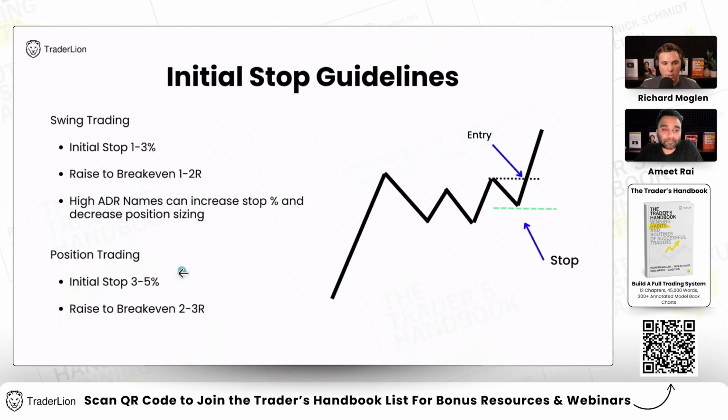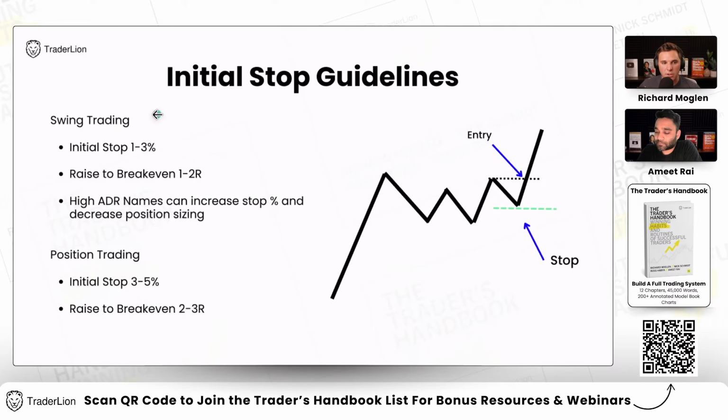For position trading, you want to keep it a little bit wider to give the stock benefit of the doubt. Your initial stop might be 3 to 5 to 6%, and you can be a little bit slower to raise your stop to break even, 2 to 3R. And here maybe your stop is the low of the day on the day you enter. Maybe it's the low of the previous day. Maybe it's on an undercut and rally. Here it might be the low of the week or the low of the past 2 days, or the moving average. Ross really likes to use the moving averages as they're curling up the right hand side of a base as his stop loss, and that's how he likes to position trade.